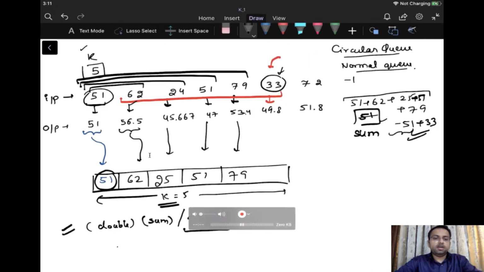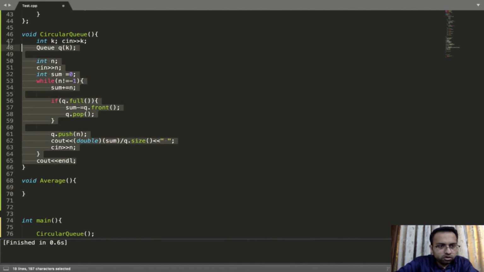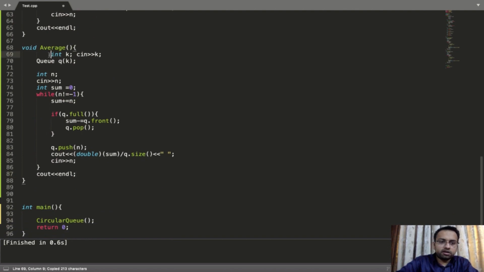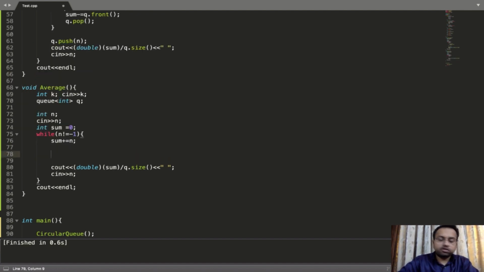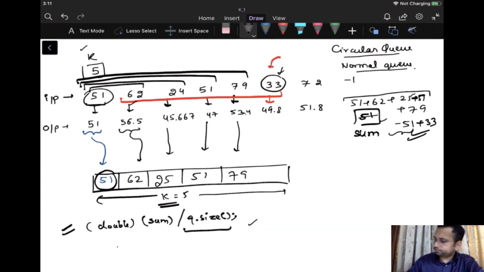This was quite easy. The next way we can do it is using a normal queue. So I'll write void, we are calculating average. We will copy paste this code only. There will be certain modifications to this particular code, and the rest will remain the same. Instead of using this queue, I'm going to use a normal queue, right? So I'll just remove this part because we will update it. We won't be using a circular queue here. Now we are going to use a normal queue.